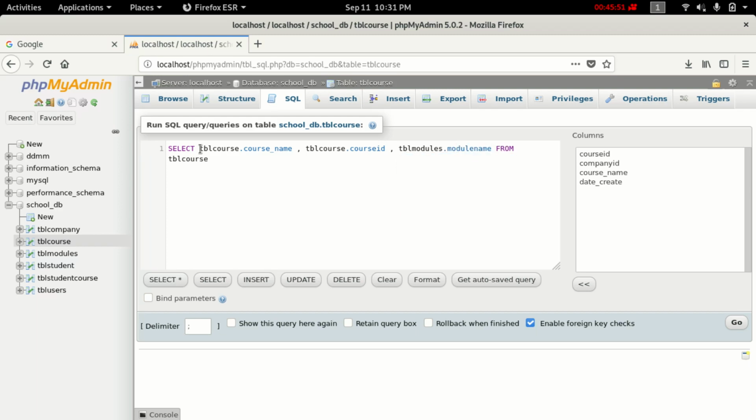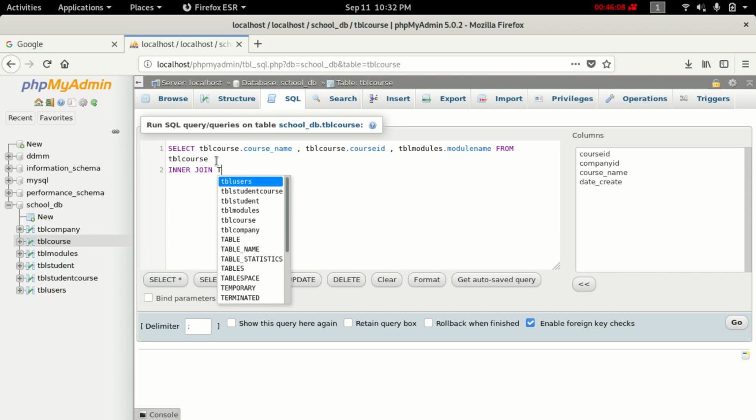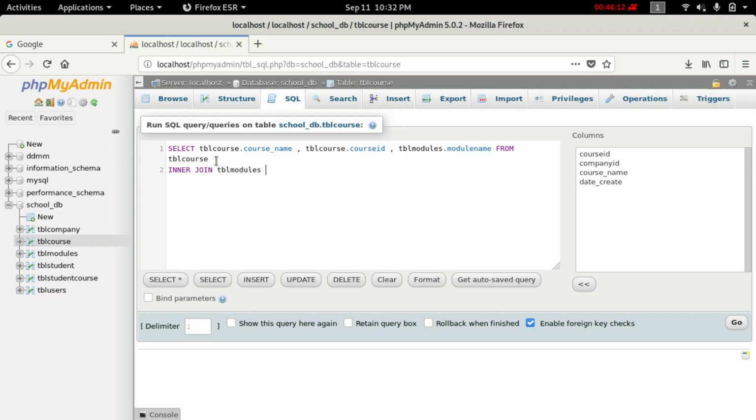Okay, and we say from course, then we're gonna use what they call the inner join. Now we join to another table. It's gonna be TBL modules, where now we're gonna say on, what? On,